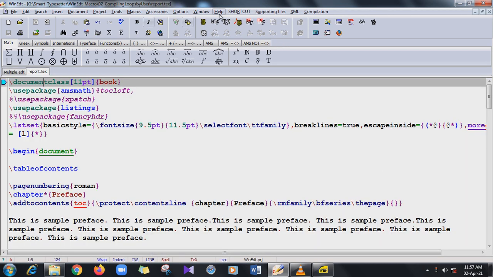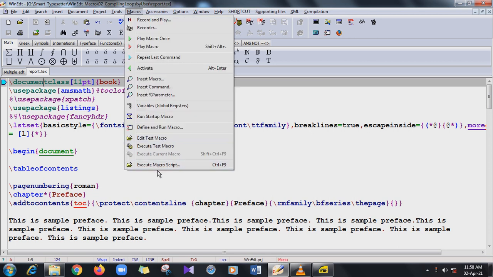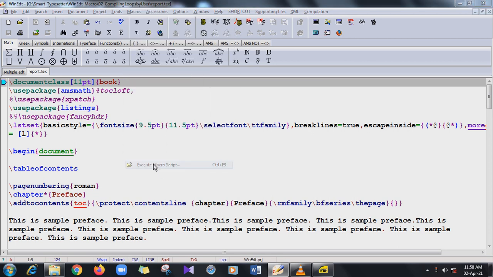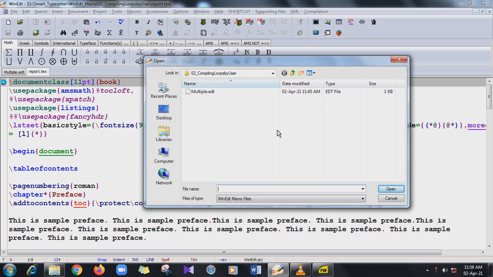Go to accessories, accessory macro, and then here is execute macro script, and then select this. I have created this macro, multiple.edt. Select the macro and then open it.